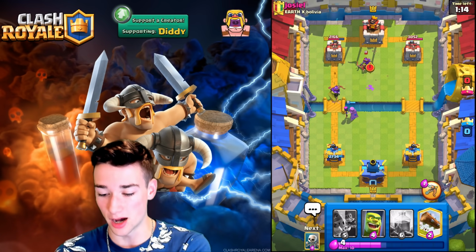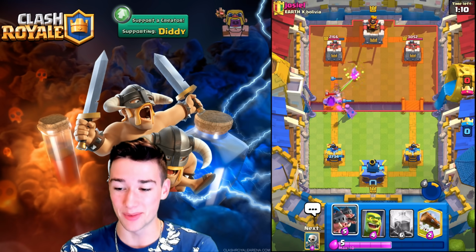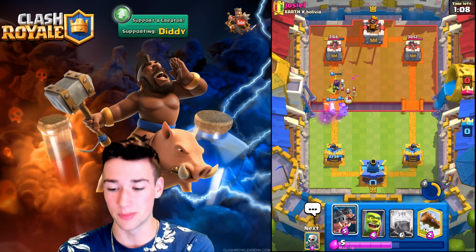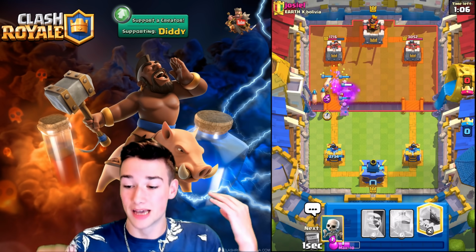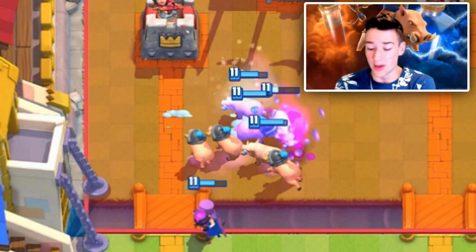He goes with an Archer Queen of his own, guys. We're gonna go ahead and pop the ability there. She cloaks just in time to kill the enemy Archer Queen, and guys, the Mother Witch now moves up. He's giving us a ton of Hogs. I know he's gonna definitely try and Fireball this, but oh my goodness, the amount of Hogs